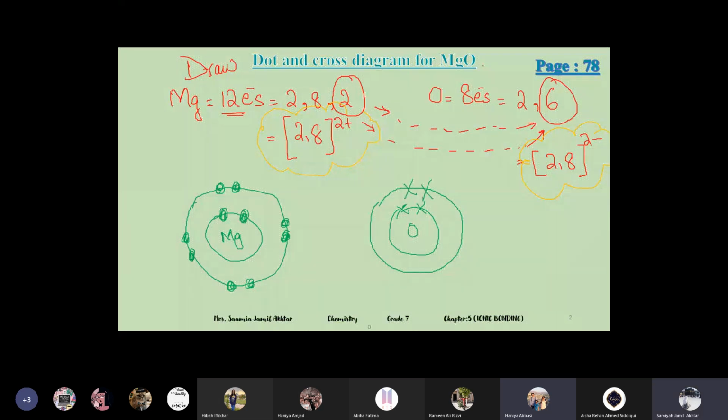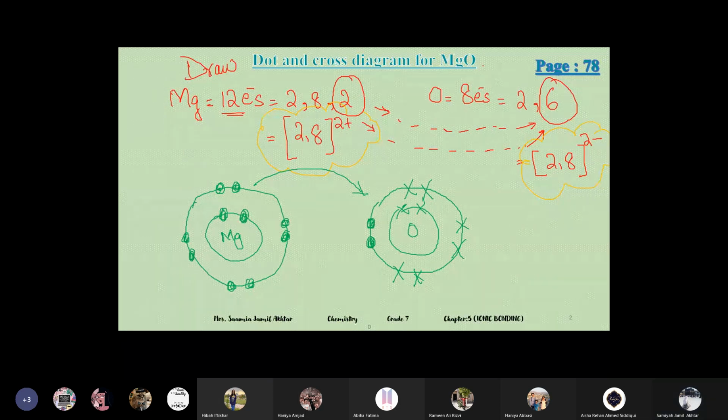Yes, and first we will draw crosses to indicate the electrons of oxygen. So oxygen has 6 electrons of its own. So these crosses are for the 6 oxygen electrons, and two dots. I'm making 2 dots for magnesium electrons because they are transferred from magnesium to oxygen. So oxygen's own electrons are indicated by crosses and circles for magnesium. Now what is missing in this diagram?